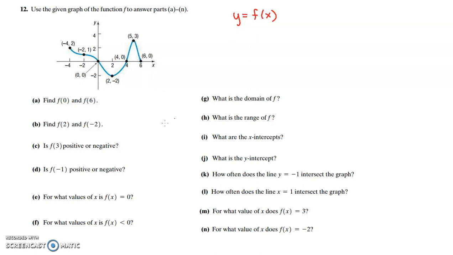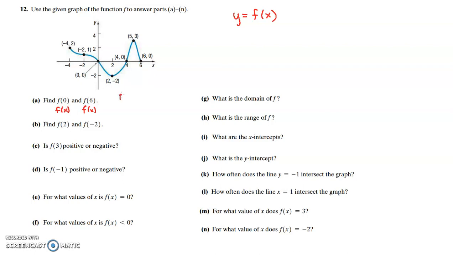So as you go through these questions, a lot of times you're going to ask, are they giving me the y? That's here. Or are they giving me the x? That's here. And if they're asking for function values, that's the same as asking for y values. So let's start with A. We've got f of 0. This is f of x. And f of x. So f of 0,